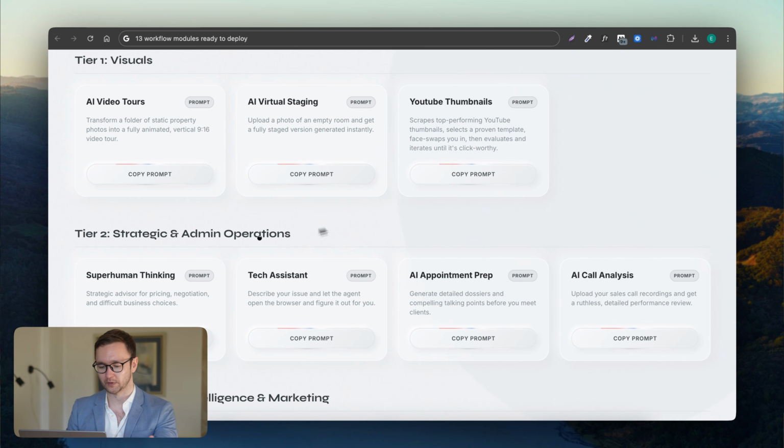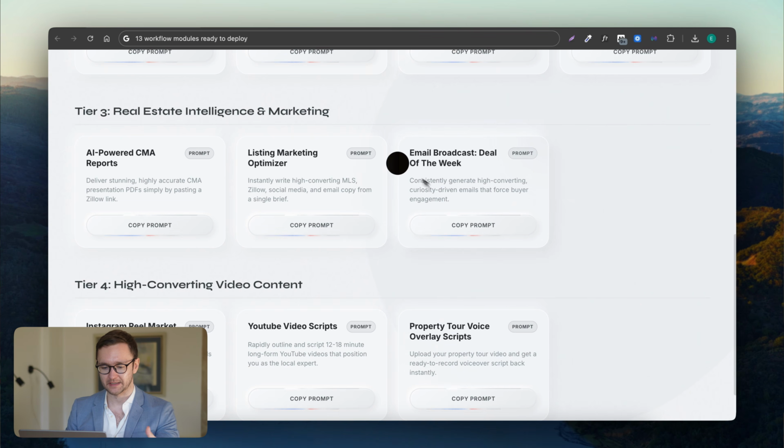Then from tier two, we're going to go over your strategic and admin operations. These are different things like superhuman thinking, so having strategic advisorship generated for free. Also things like your tech assistant. So if you're going through anything that's kind of technical, you're not really sure how to actually fix it, you can have AI take control of your computer and fix that issue for you while you're just chilling, just looking at it doing its job. Now, also, you're going to have things like AI appointment preparations, AI call analysis, and different things like